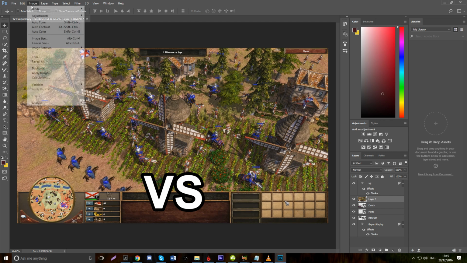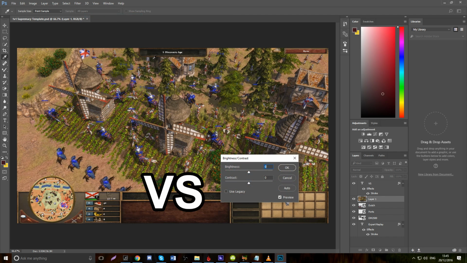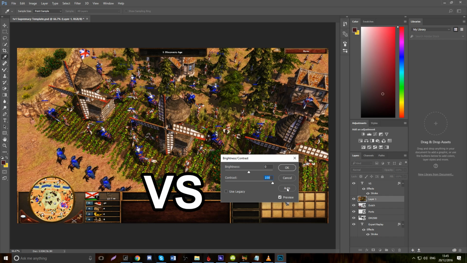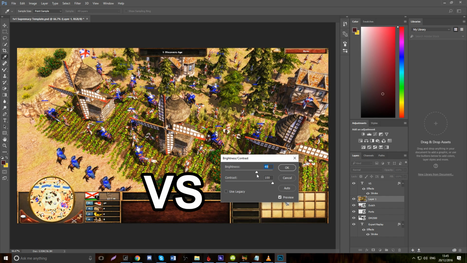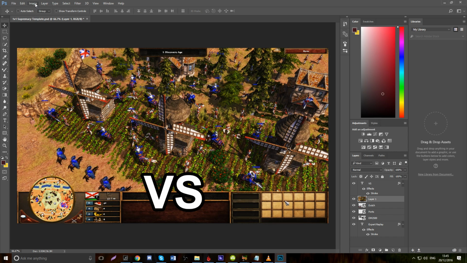And now what I do, because it's a really small thumbnail, I jack the contrast up enormously. That makes it look very garish when we're looking at it here. But as a thumbnail, it looks much more crisp and you can see it a lot better. I also jack the brightness up quite a bit because I think that looks good on a thumbnail. I will leave the brightness at 0 for now though, because what I want to do first